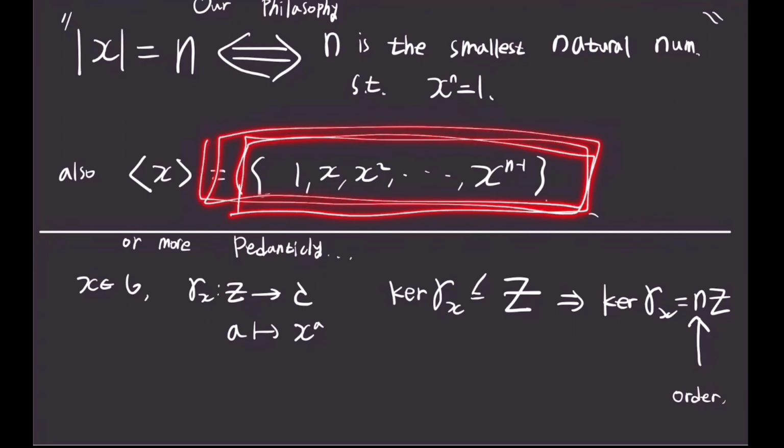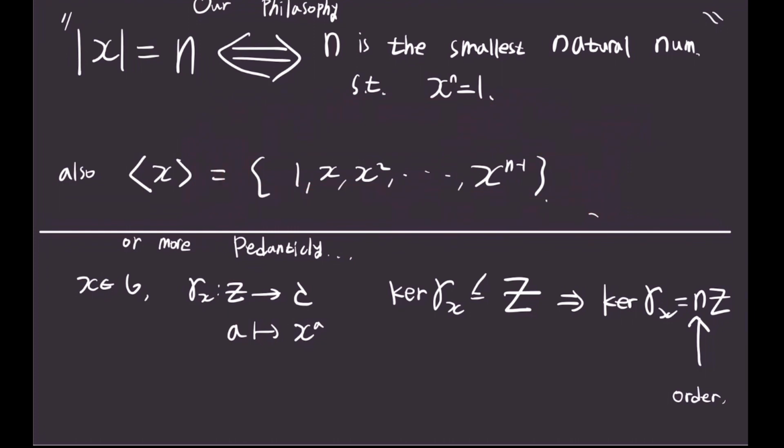This is very simple construction. Or more pedantically, we can define order of x more easily. Maybe someone thinks this is more difficult, but this is easier and more mathematical. So choose the x. This x is this x, and define this function called gamma sub x is just the